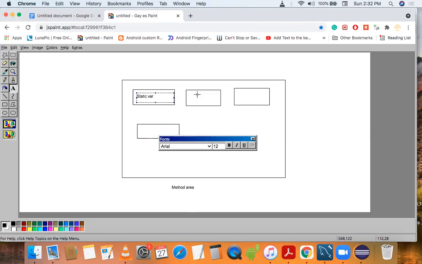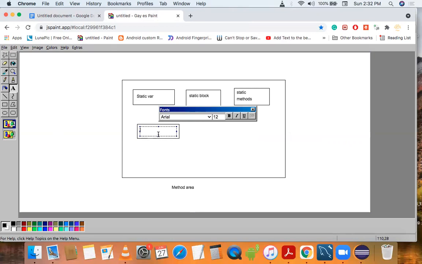Static variable, static block, static methods, and next one is constant pool. So these are the things we can store in our method area.